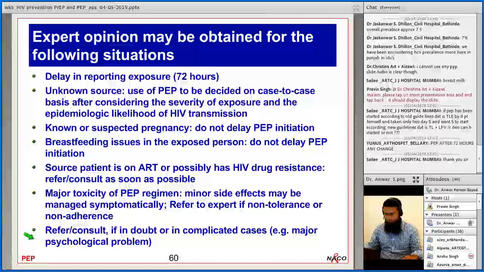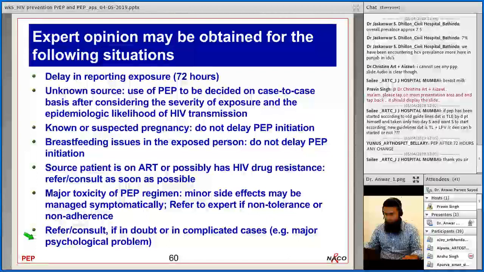If there is a delay in reporting the exposure, expert opinion should be obtained. As I said, it may not be effective, but if I am a medical officer sitting in a peripheral hospital where I do not have access to any consultation, even though I can do that on phone and other means, it all depends on the client. If someone insists, there are some scenarios where you will face that pressure of giving PEP. Scientifically it doesn't work, but in some situations, if someone wants it, you can still give it. For an unknown source, the use of PEP is to be decided on a case-to-case basis after considering the severity of exposure and